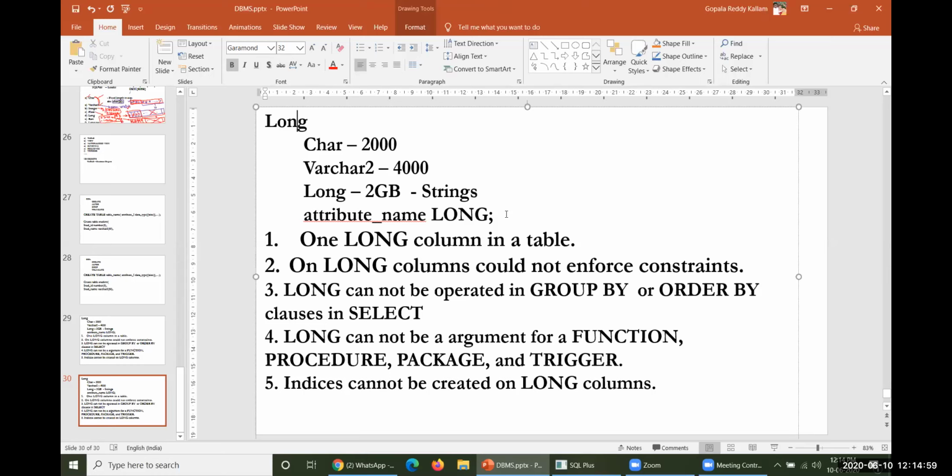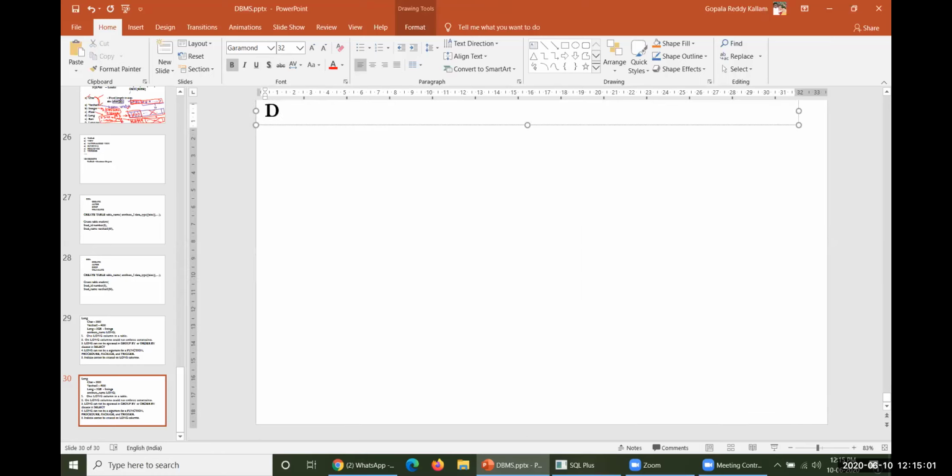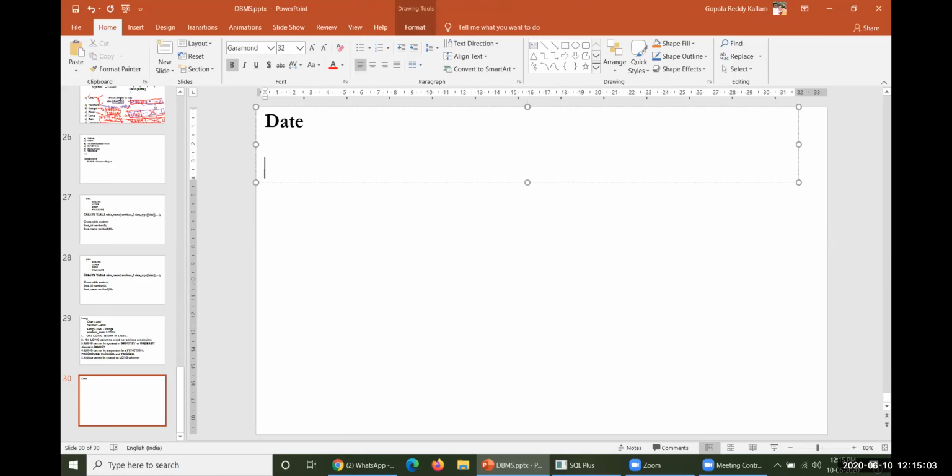Let me go ahead with the date. Date is one of the very important data types defined by these databases. Here also, any column like date of birth, date of join or date of quote, if you consider tenders, date of quote when it was quoted, or when you were born, or when you joined a particular service, everything is taken in account of this particular date type.